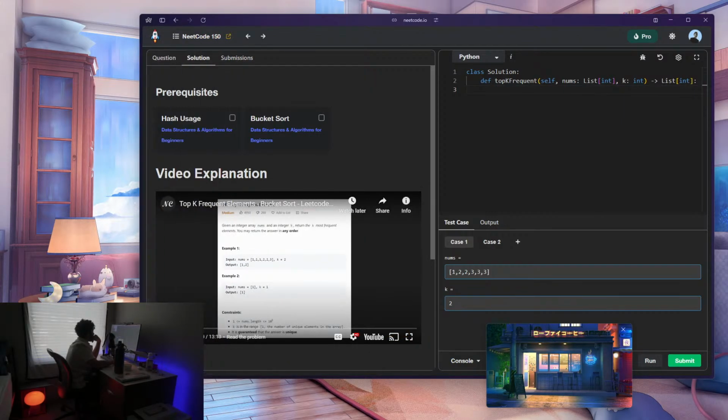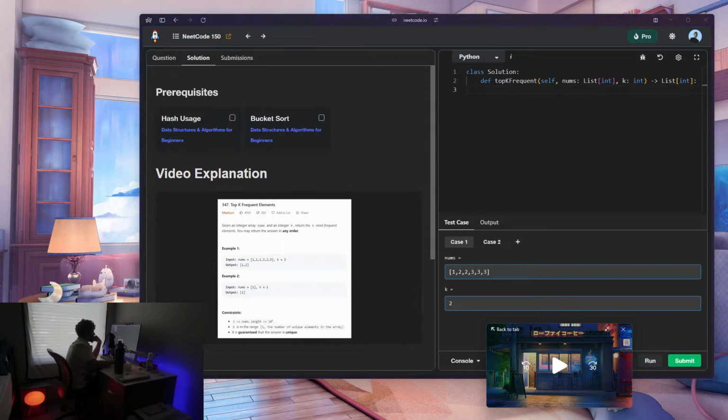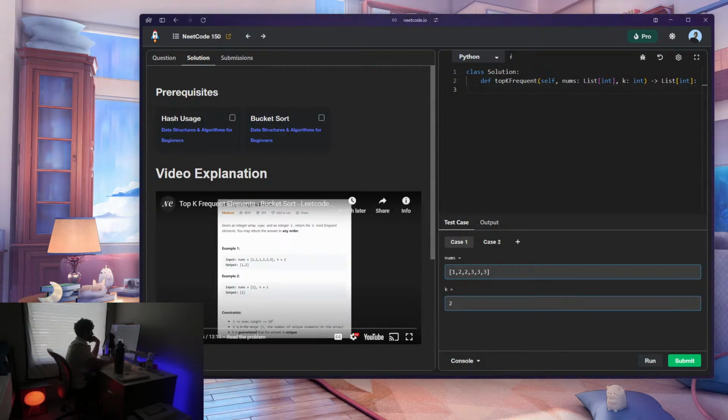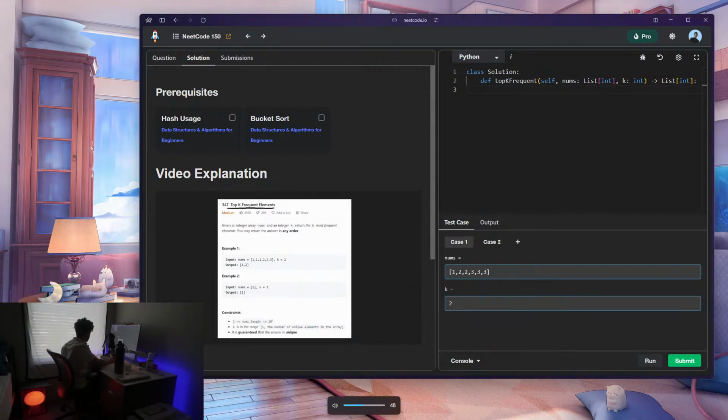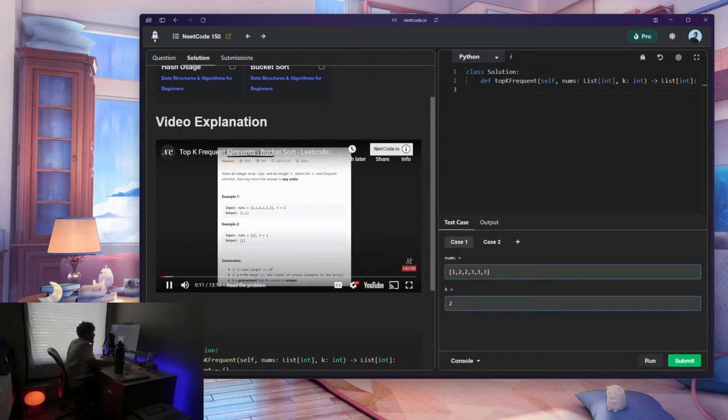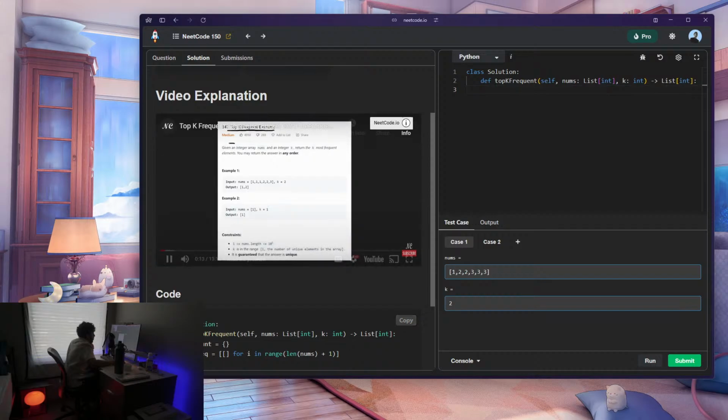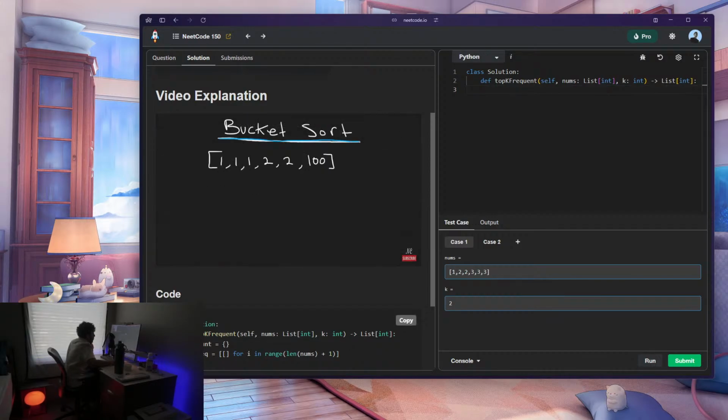Hey everyone, welcome back, and let's write some more neat code today. So today let's solve top k frequent elements. I really like this problem because it's pretty clever, and once you figure it out, the code is really easy to write. So we're given an input array nums and an integer k, and we want a algorithm called bucket